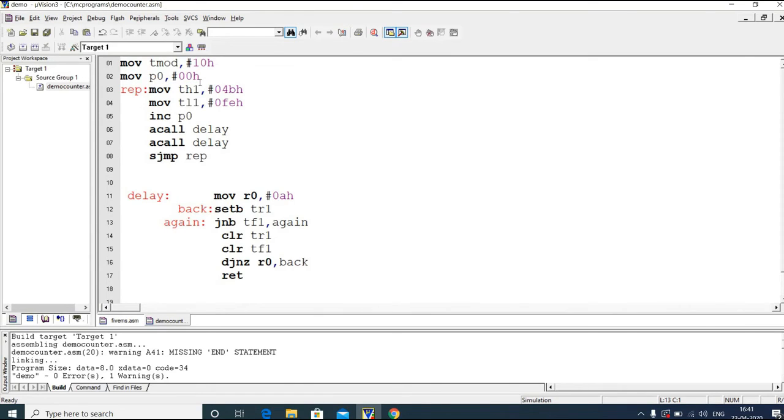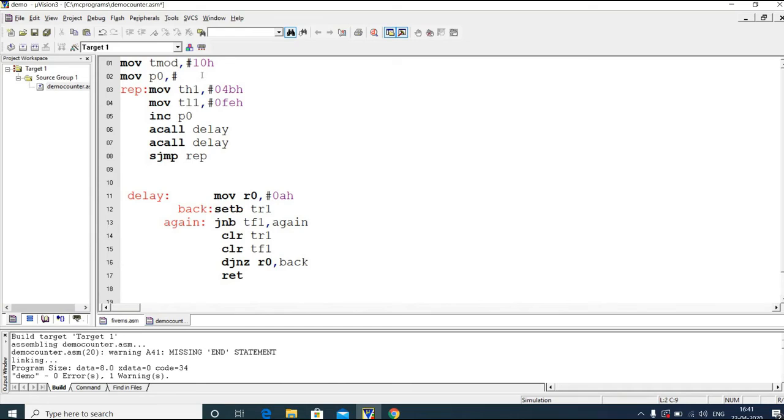We can count from any value to any value. For example, if you want to count from 02h, then you need to make P0 equal to 02h. And if you want to count till, for example, AA, then you need to compare the value, to decide when you need to stop the counter.